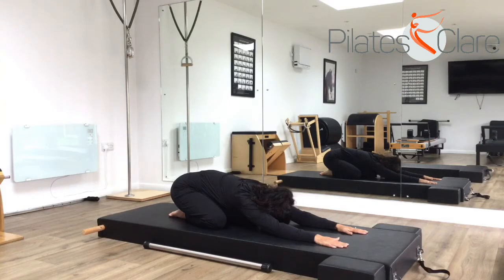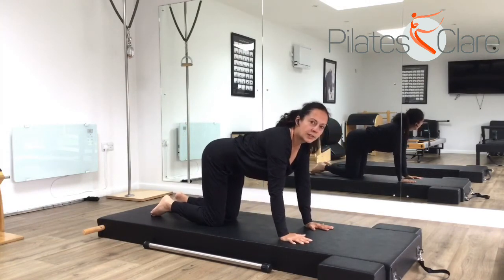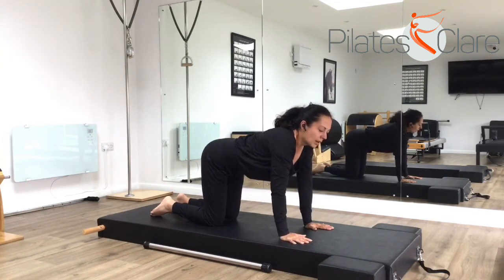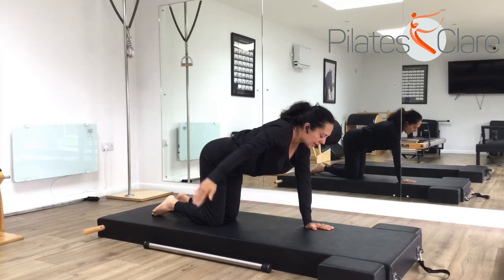Good. And when you're ready, coming up so that you come onto all fours. So your hands just underneath your shoulders and your knees underneath your hips. And then we're going to come into like a little twist. So we're going to reach one arm just out to the side, and then we're going to thread it underneath